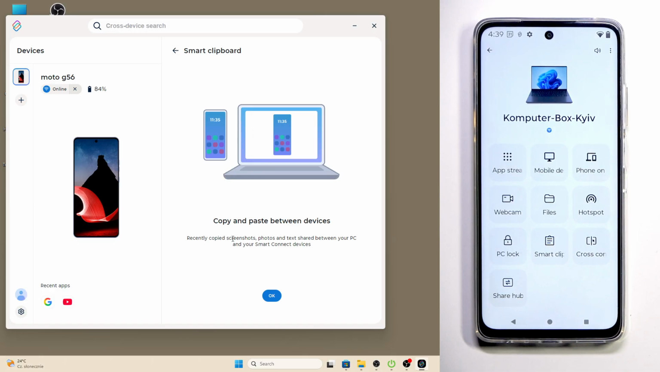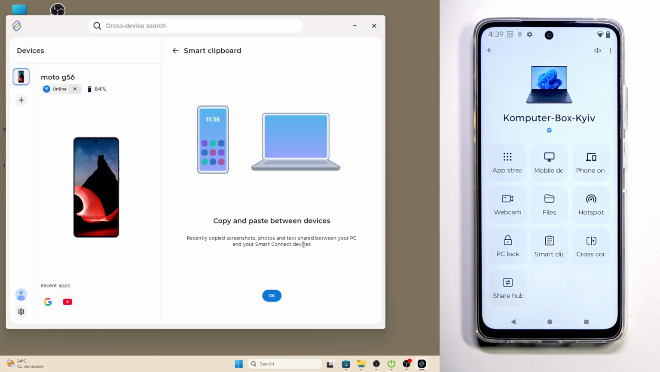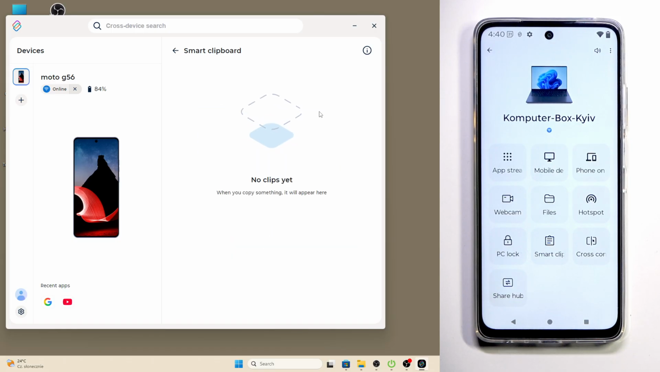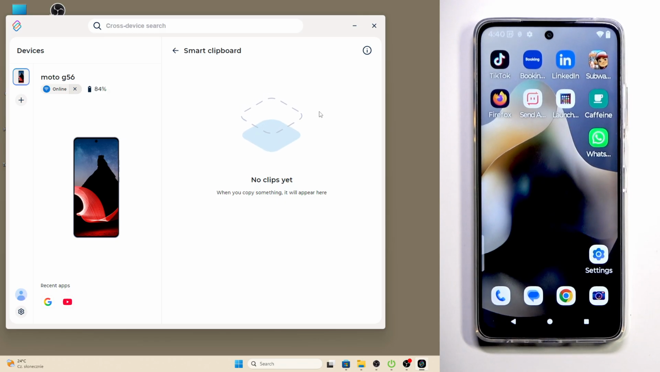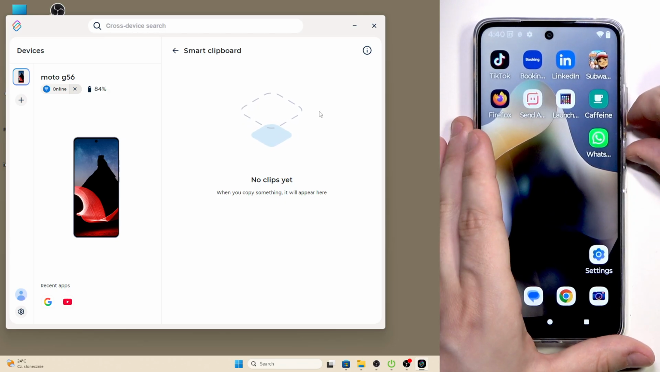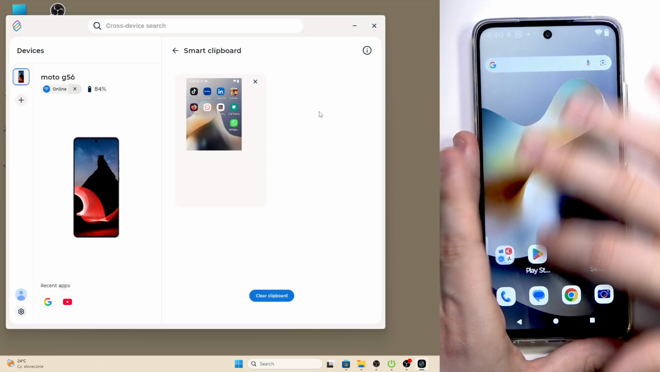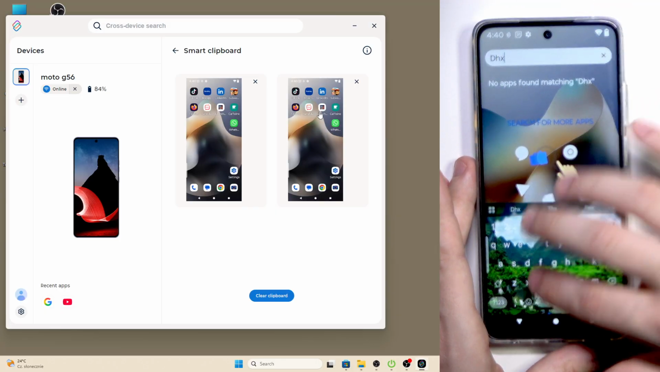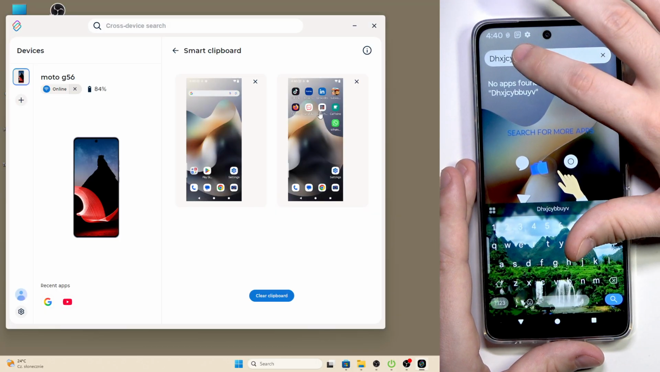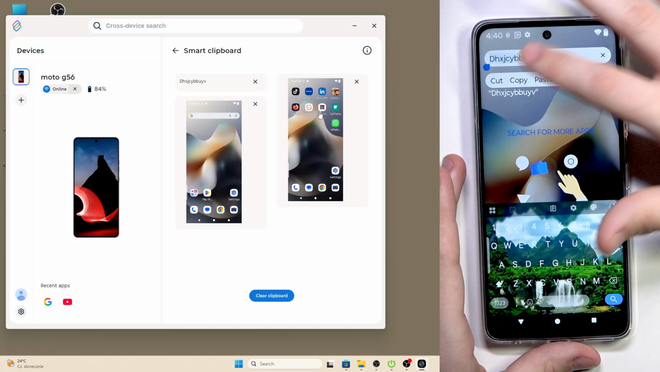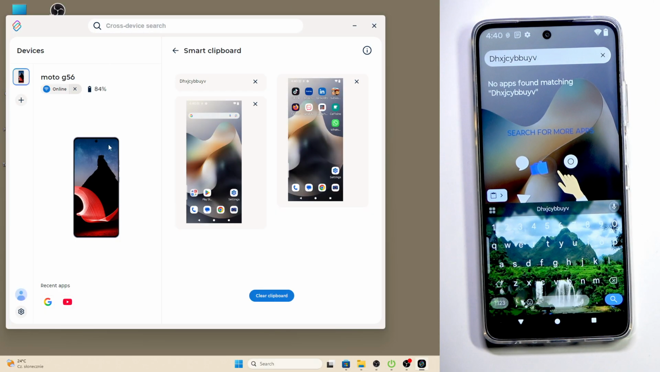So, recently copied screenshot, photos and text shared between your PC and your Smart Connect devices. Okay, now let's click on OK. And now on our device, let's take a few screenshots, for example. Let's also type some text. Now let's copy it. Click on copy, and now you can see that it has already appeared on our PC